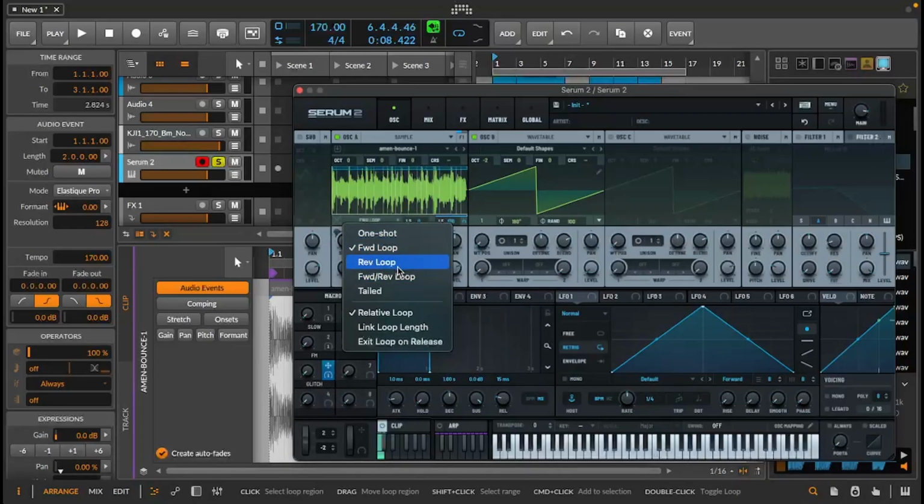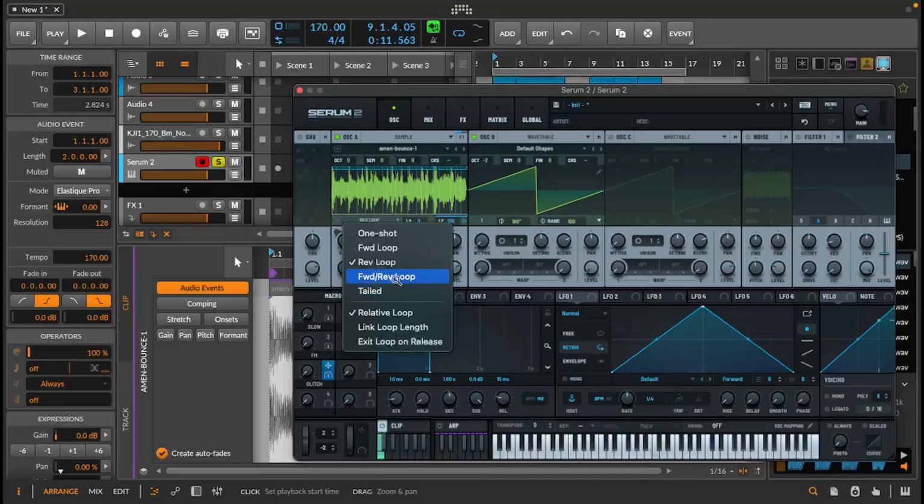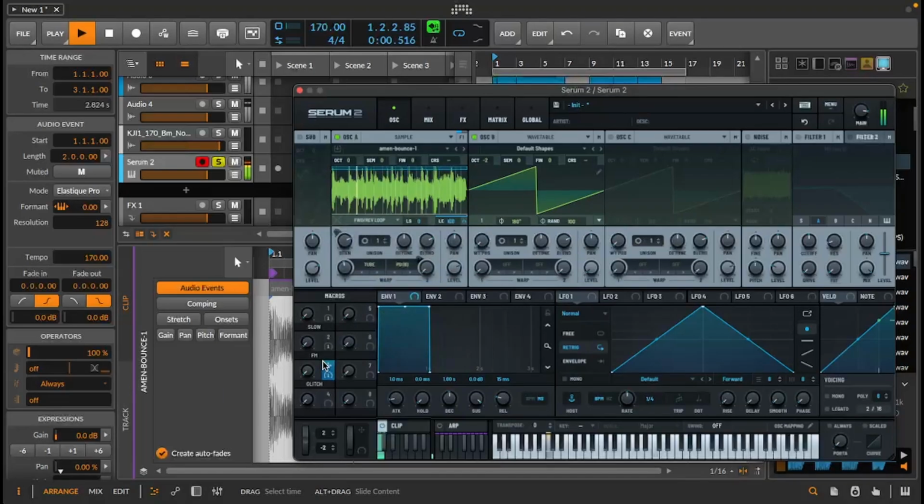And if you play with these modes now as well, so we can go to reverse mode, for example. We can kind of get that, but we could also go into like forward reverse as well. We get